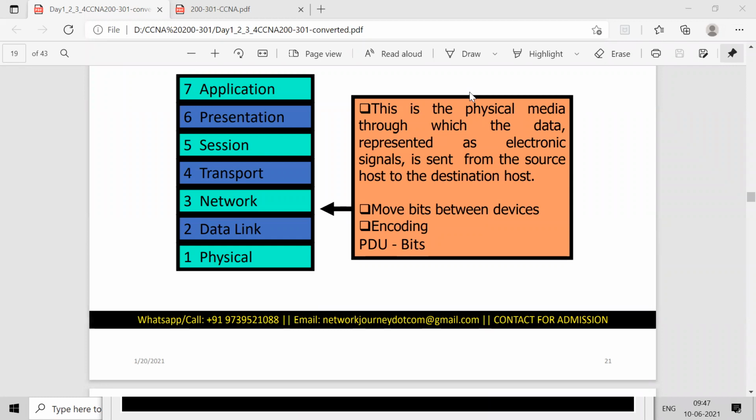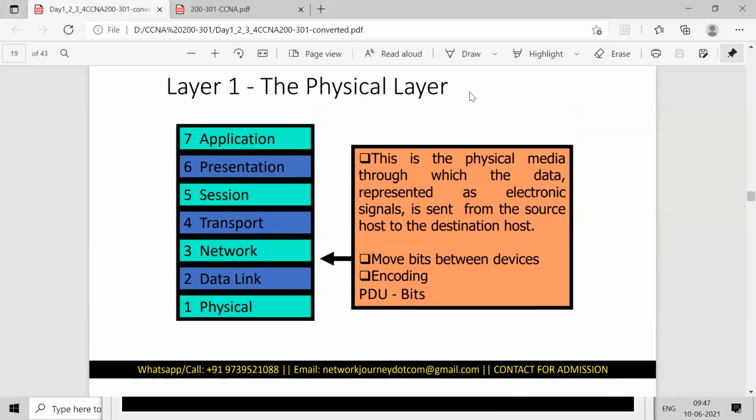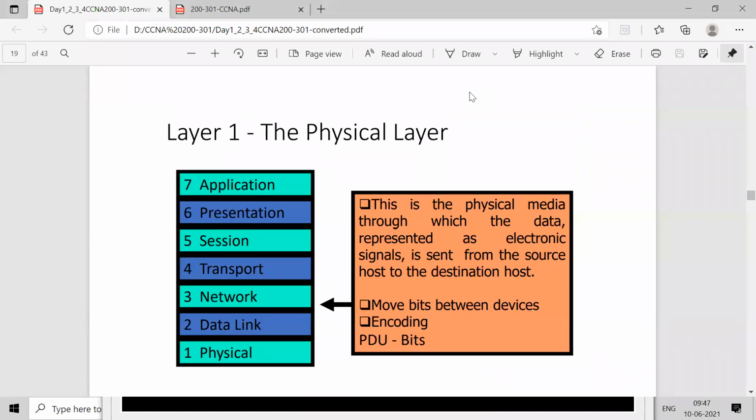So when the OSI model came up, they understood that there is a layered mechanism which will help in understanding the roles and functionalities better. So accordingly, they decided that their protocol suite can also be defined according to the layered architecture. We will navigate that in tomorrow's session. I hope you have got some clear information about all these 7 layers, what their roles and functionalities are. OSI is a reference model, which is for our understanding.